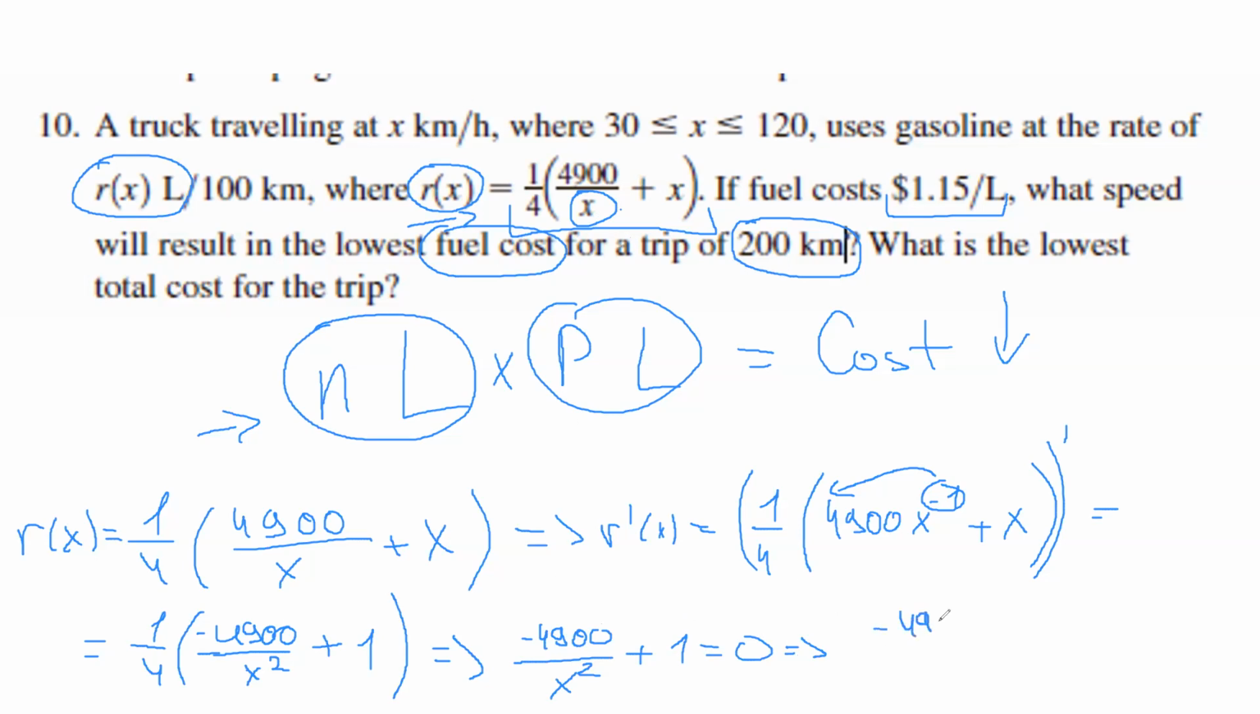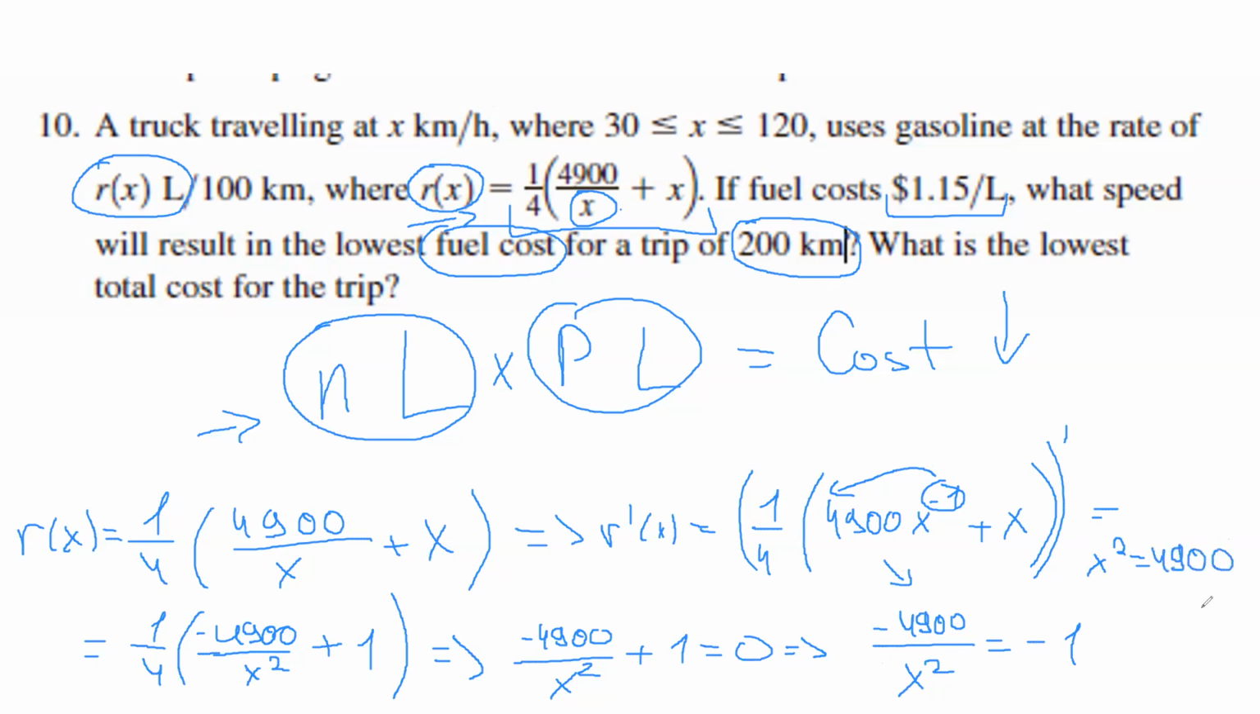Minus 4,900 by x squared equals negative 1. Yeah. So when does this equal -1? When x squared equals its denominator. When the numerator equals the denominator by modulus, we're going to get 1. So what I can say is that x squared equals